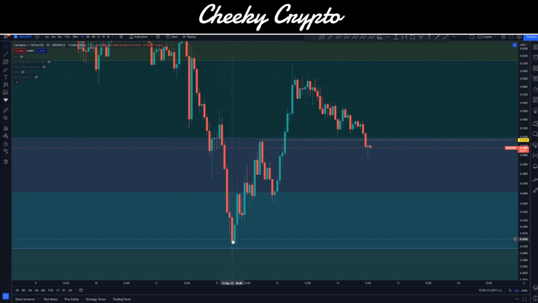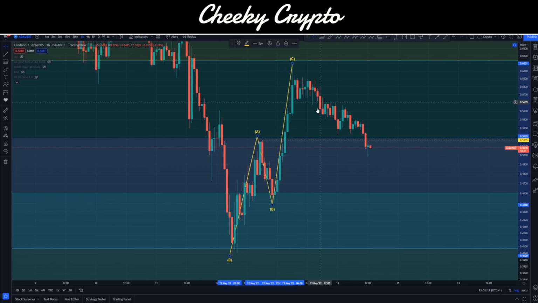Okay, guys, let's get into this, right? So the first thing we really want to take a look at is going to be the price action of ADA. Here we can obviously see that we're in a bit of a move down. We have bottomed this out at about 40 cent, which is quite an interesting level. And I'm going to talk a little bit about some data that sits behind what's going on here from a price action of ADA. We can see here that we had a pretty good surge upwards. We can just mark this up as A, B, and C, for example, on this hourly chart. And of course, we're starting to pull back down.